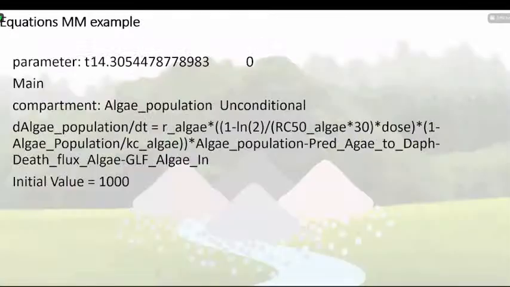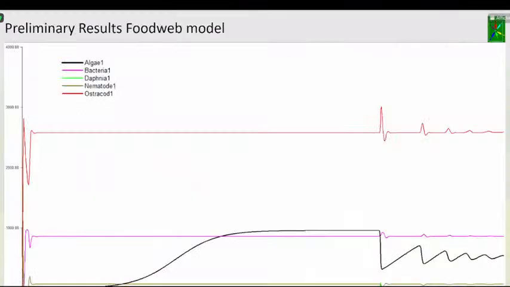So basically, I won't talk you through this whole difficult mathematical equation. And if you do it well, you get a result that looks like this. So this is the primary result. And as you see, these are the algae. We have a slow increase, then it stabilizes, and then it kind of shows the Lotka-Volterra